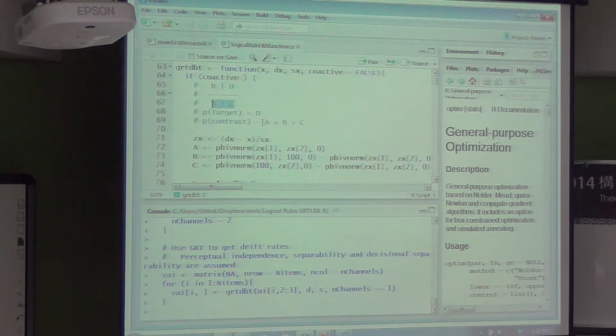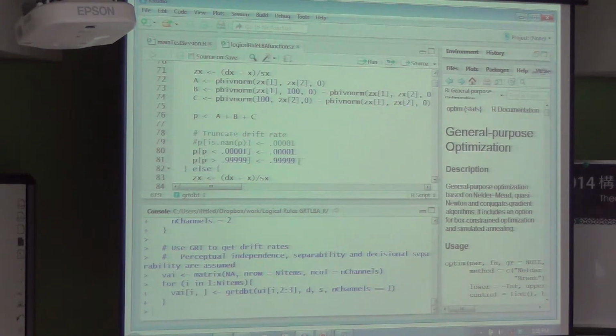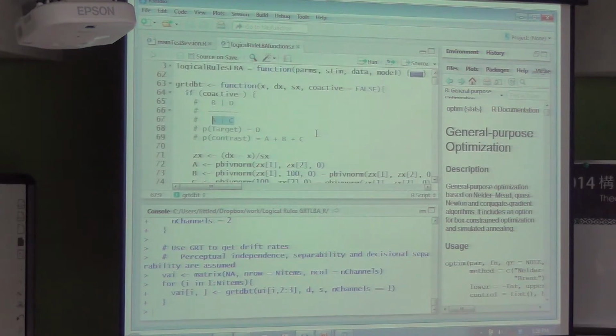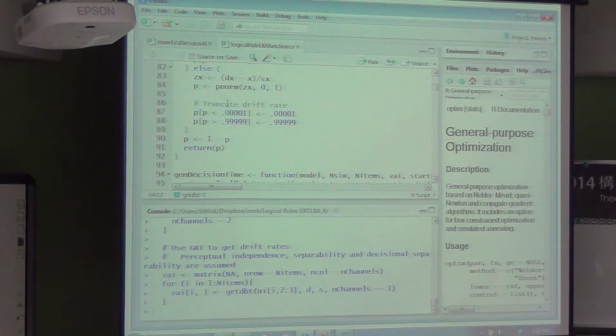Then you compute the area under the bivariate normal in each of those regions to end up with your drift rate, and then we've truncated the drift rates so they don't equal 1 exactly or 0 exactly, which can cause a little bit of problems. If you don't have a coactive model, then we're not going to use the bivariate normal, we're going to use the univariate normal, which is just the normal cumulative distribution function after we Z transform our means and mean locations of our stimuli.